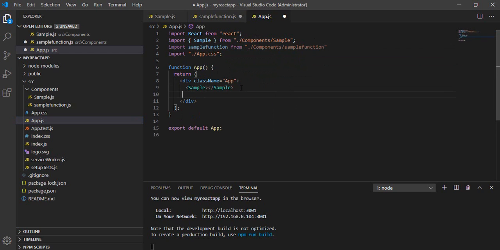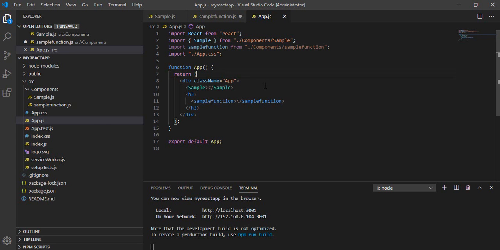And if I type that under, let's say, header 3, so that we have a better distinction, sample function, and if I save that out